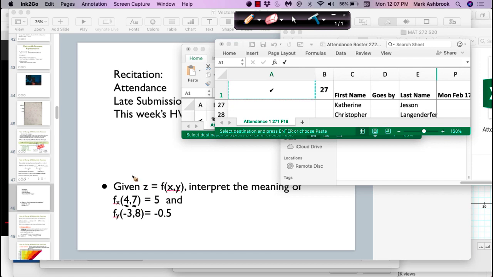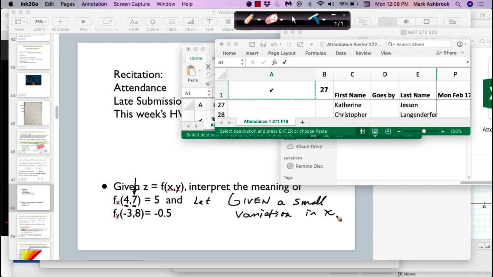No x, right? If this is the partial with respect to x, then y is held constant. We're holding y constant at 7, and we're going to let x change a little bit. So this may be the key word to get us started: given. Given what? Given a small variation in x. That's how rate of change works. You vary your independent variable a little bit, whatever that is. So holding y constant at 7, given a small variation in x around 4,